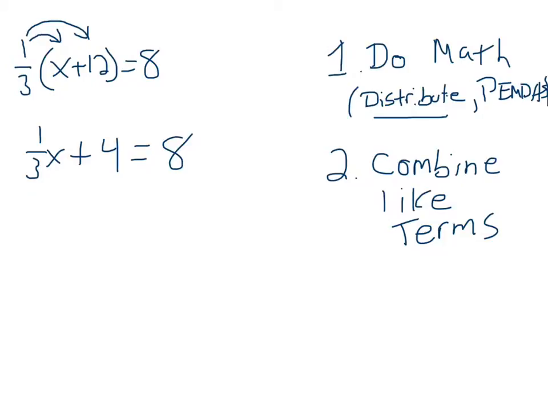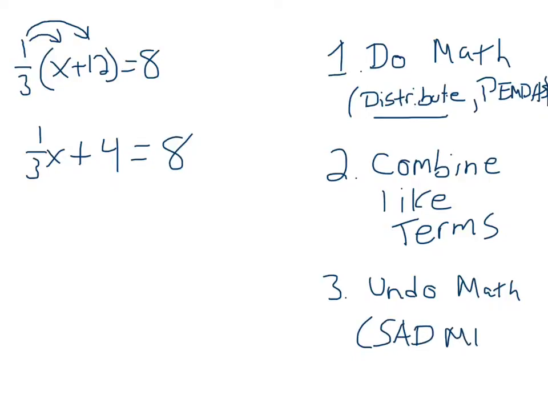And then we're going to jump right now all the way to step 3, which is undo the math. So any math that you couldn't do because there were variables involved. What I mean by that is we can't add 4 to 1/3 x because we don't know what that x is. So we're not allowed to do that step. So we're going to undo any math that we were not able to do. And basically there I'm saying we need to follow that backwards SADMEP